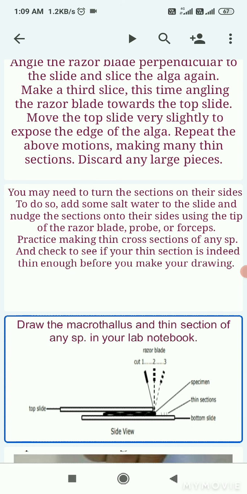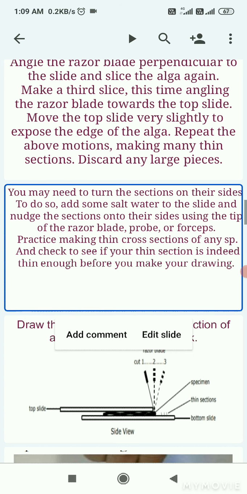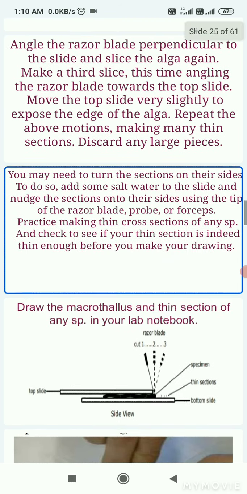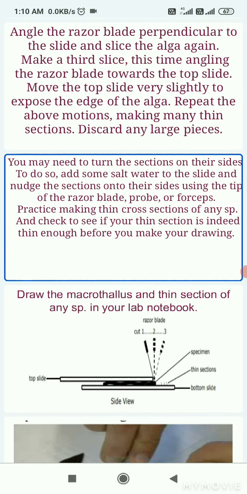Practice making thin cross sections of any species and check whether thin sections are present or not, and then make another slide. Before making another slide,